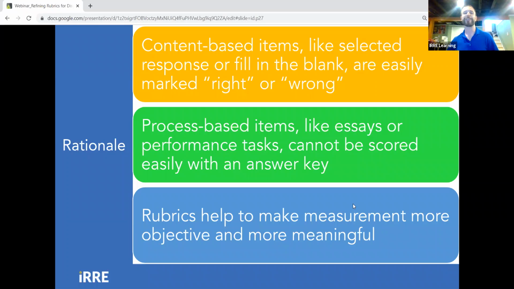Computers, while they're getting better, aren't quite as good at looking at process-based items like essays or performance tasks. And those are really tough to say you got it right or wrong. So the rubric helps to make that measurement more objective and more meaningful. When we have these process-based things like a Flipgrid or an essay or making some sort of presentation, having that rubric and those guidelines on hand clearly communicates expectations and makes it more objective. Less of a, well, he or she likes me as a student,